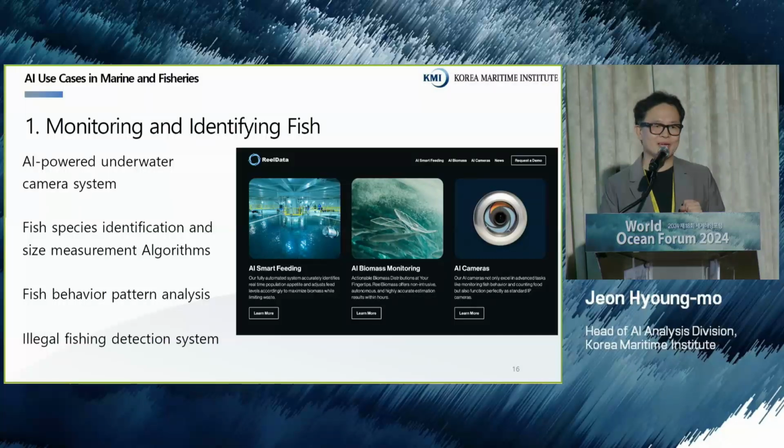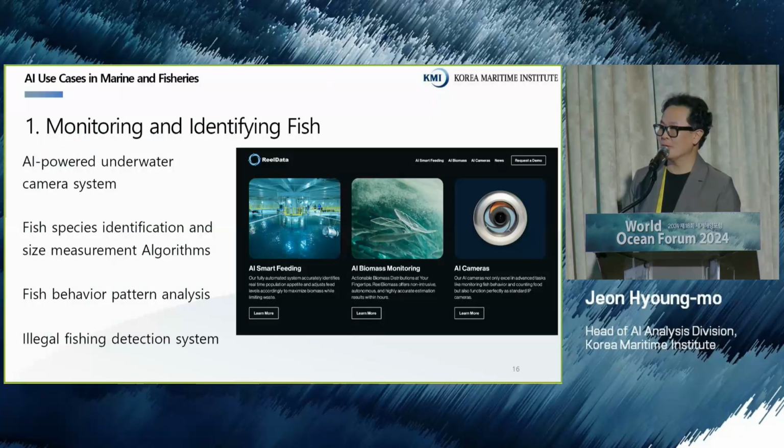But if we use an AI camera, then we can detect IUU fishing. We actually have a use case of this. There was a ghost vessel. It was really difficult to chase because they turned off the information system, but we used an AI camera to detect the IUU fishing. So it's uploaded on YouTube. If you want, I can share the link to that YouTube video.